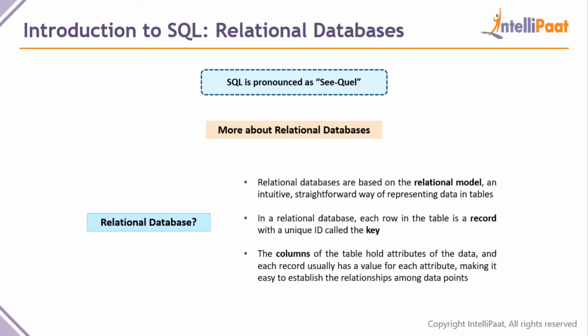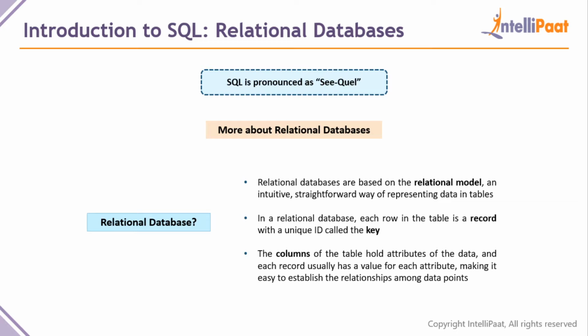But then coming to a little bit more about relational databases. Relational databases are based on what we call a relational model, where we map one concept to another, and the other concept is mapped to another, and we have this interdependency and interrelationships built throughout the data, guys. This makes it very intuitive and extremely straightforward. It gives us a very straightforward way of representing the data in the form of tables, as I just mentioned.